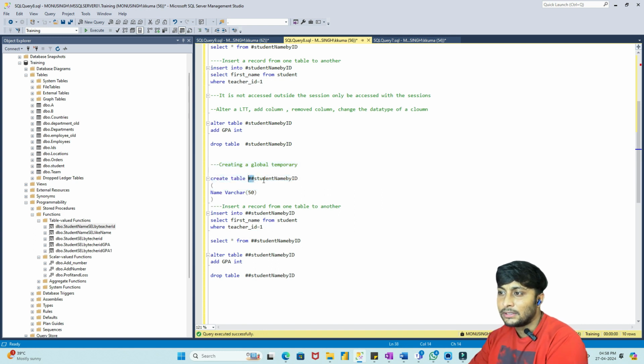So for the SQL engine, how it defines it: if we have a double hashtag, it means it is a global temporary table, and we can access this particular global temporary table outside the session itself. Let's suppose a local temp table is not a CTE. No, it does not work as a CTE, because a CTE